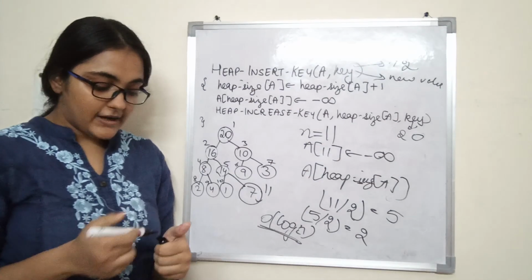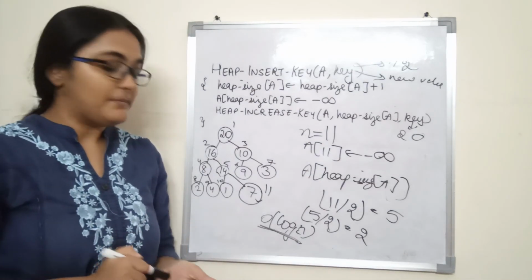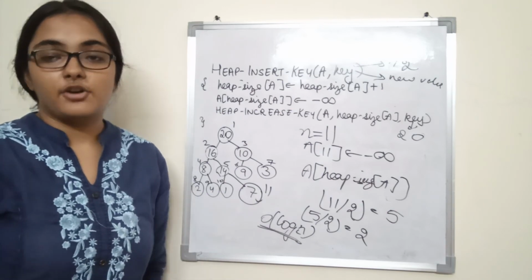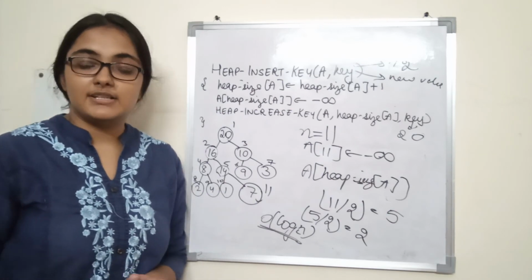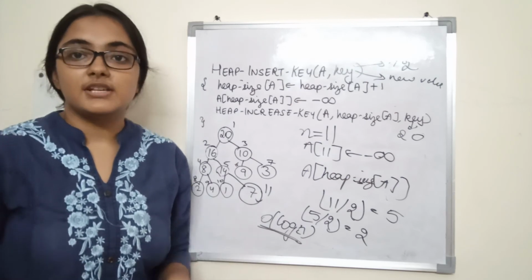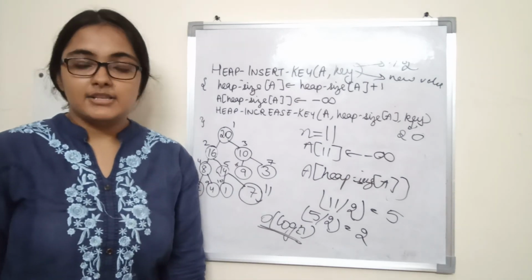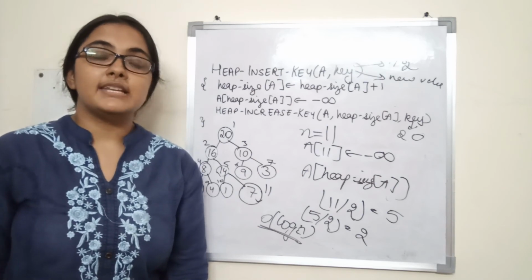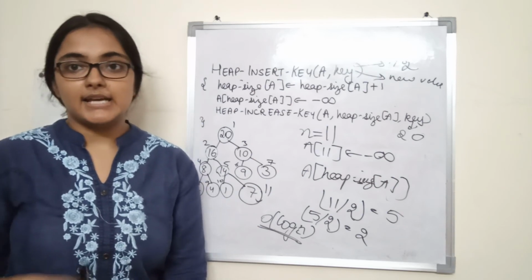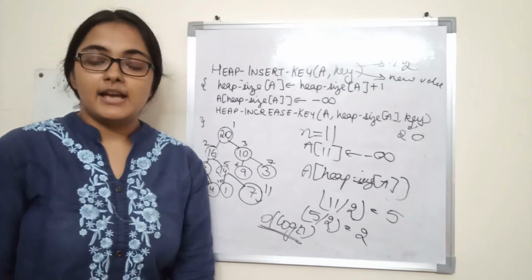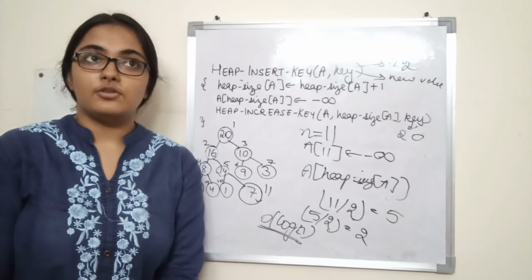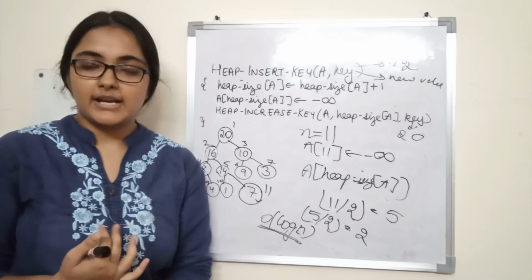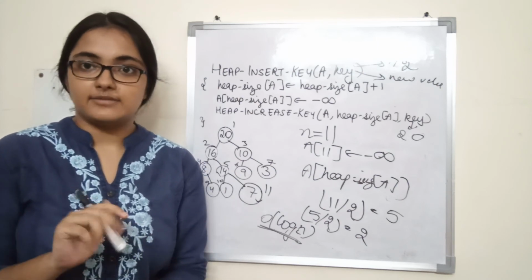At this point I would just like to sum up the important procedures that are valid for heaps or max heaps. We didn't see min heaps, but similar procedures will be there for min heap as well. So we just discussed max heap. In the next video we'll be discussing another sorting method, that is our main topic. We discussed insertion sort, merge sort and heap sort, and now we'll be discussing quick sort in the next video.